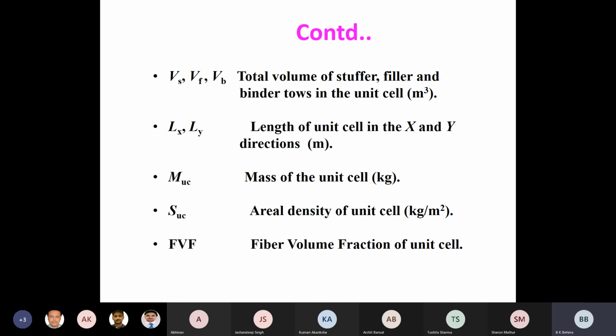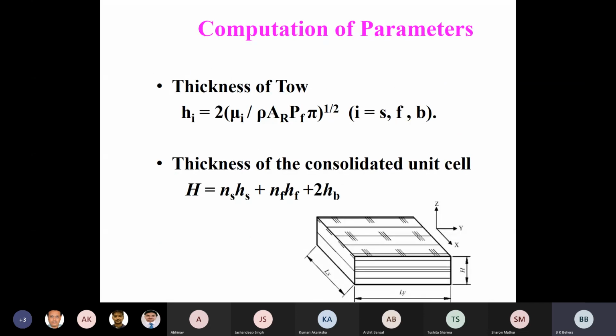After knowing all these parameters and their symbols, you can calculate the thickness of the fabric. I'm closing from here. It's already time. I'll continue from this slide next class on how to calculate these three parameters. I have only shown you the symbols. Next class I'll start from here. You can log out.